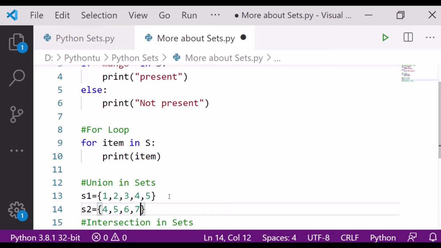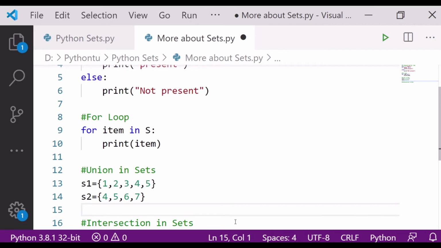Now you are noting that 4 and 5 are common here. When I do the union of both sets, what should my output actually be? 1 2 3 4 5. See, I am joining it. This is my first set S1. After that I am joining the second one.